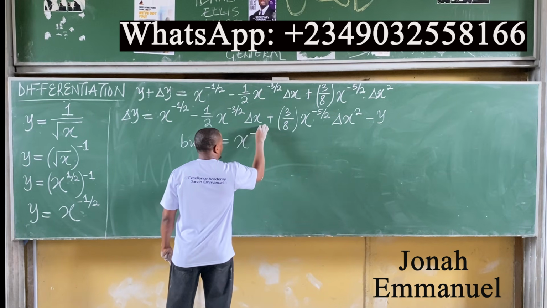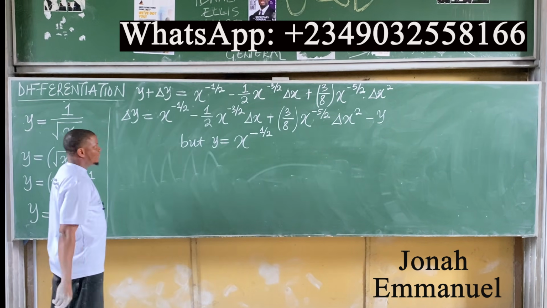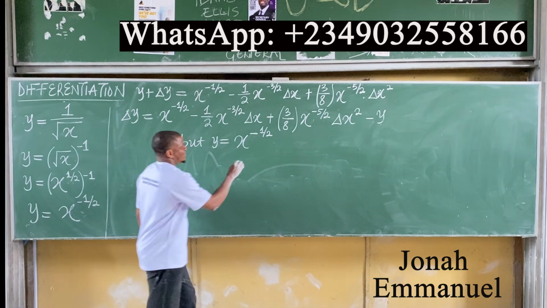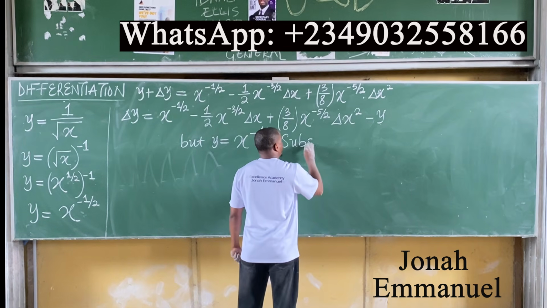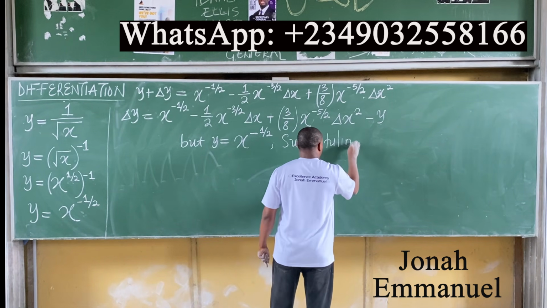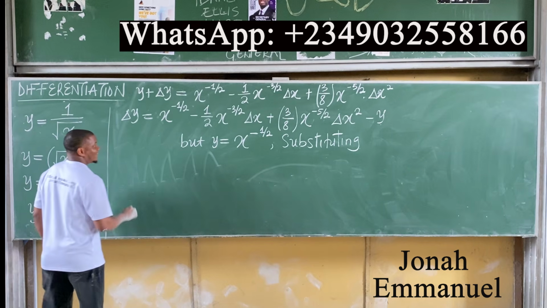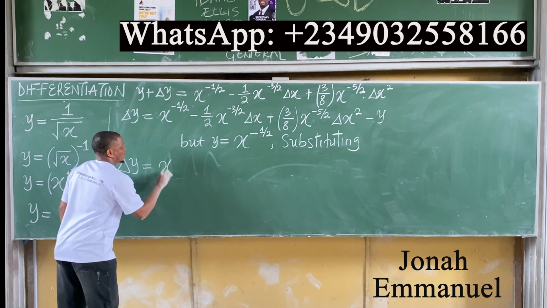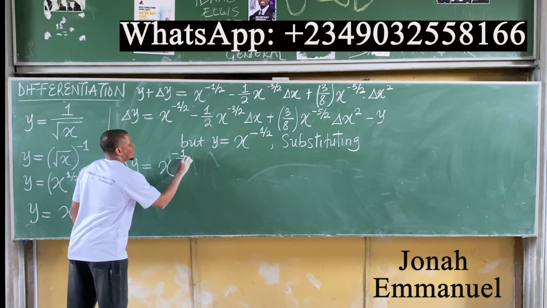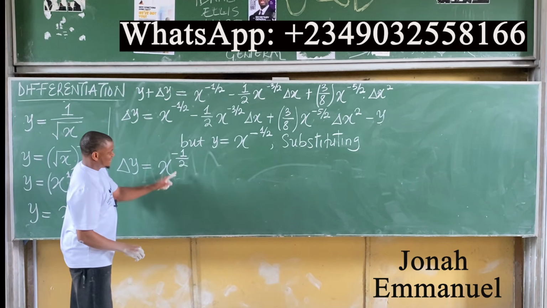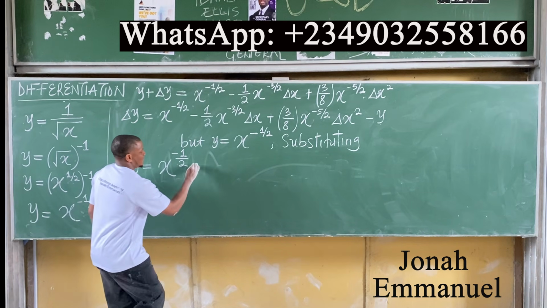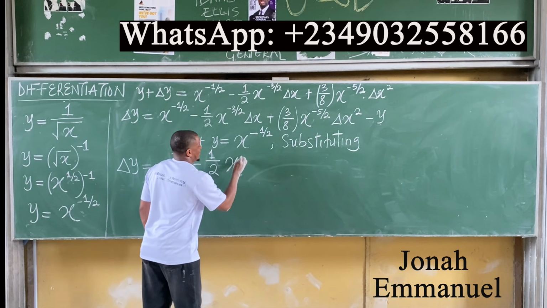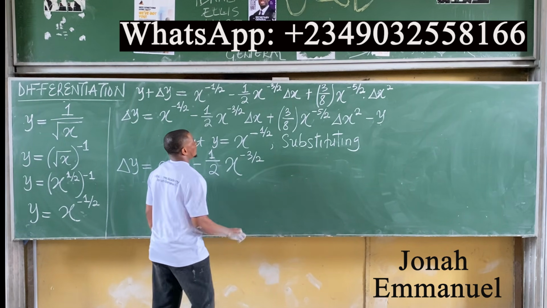Minus 1 over 2. We have this. Okay, let's put that value there. If I substitute, I have change in y equal to x to the power minus 1 over 2. This is a power. It's a power minus 1 over 2 x to the power minus 3 over 2